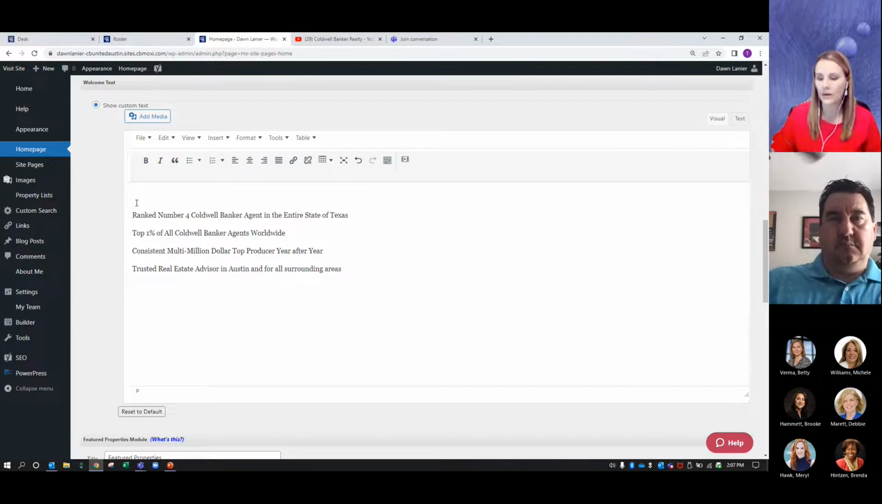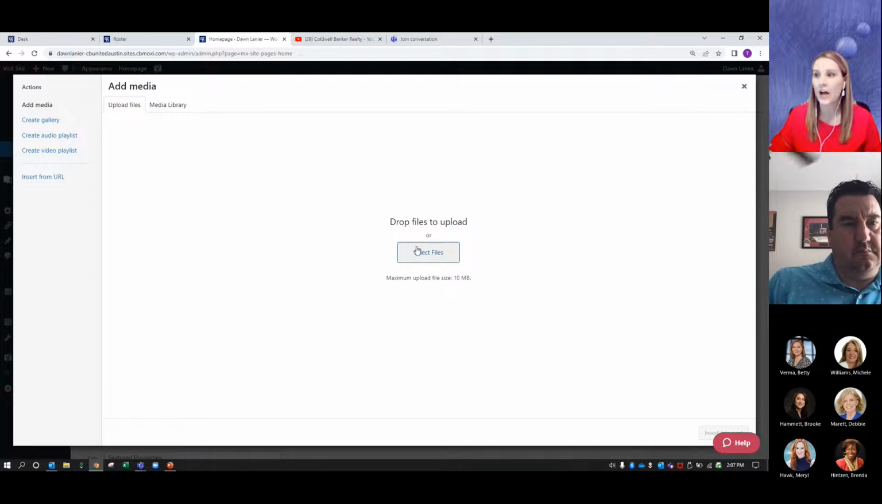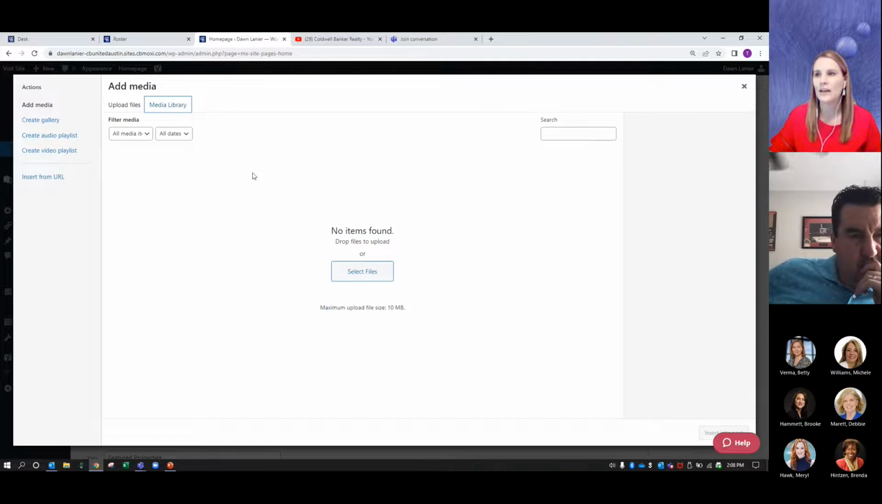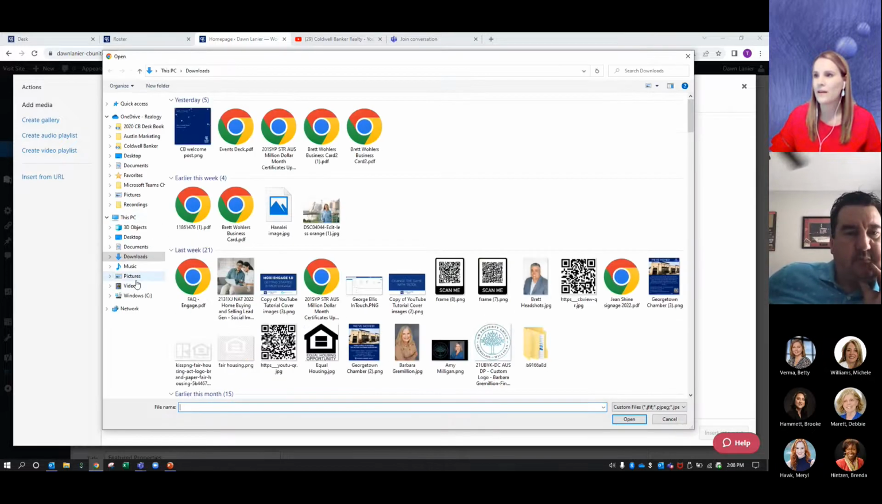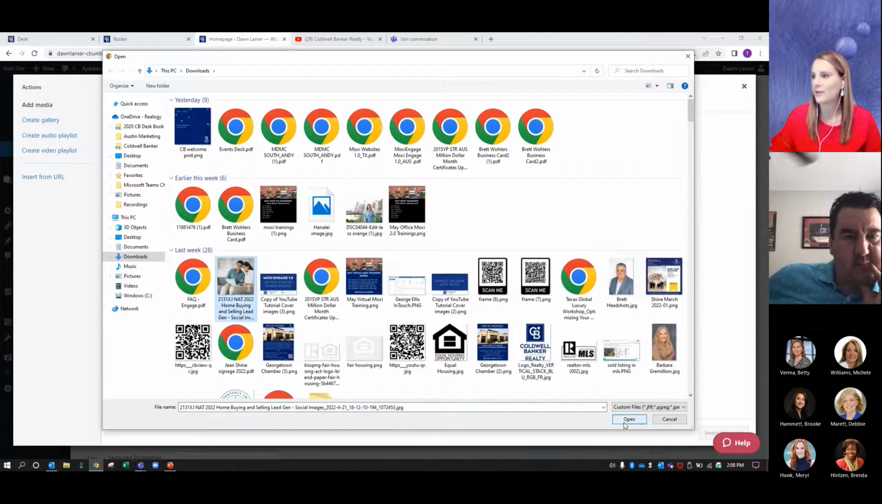For example, if I wanted an image to go above this text, you can see I added a line of text here, so I have a blank space, and I could click Add Media, and I could upload a file from my computer, or if I had already uploaded it, I could go to Media Library, and I would see any images here. So you can see we didn't have one, so we would need to select one from our computer and say this was our picture we wanted. We would open that,